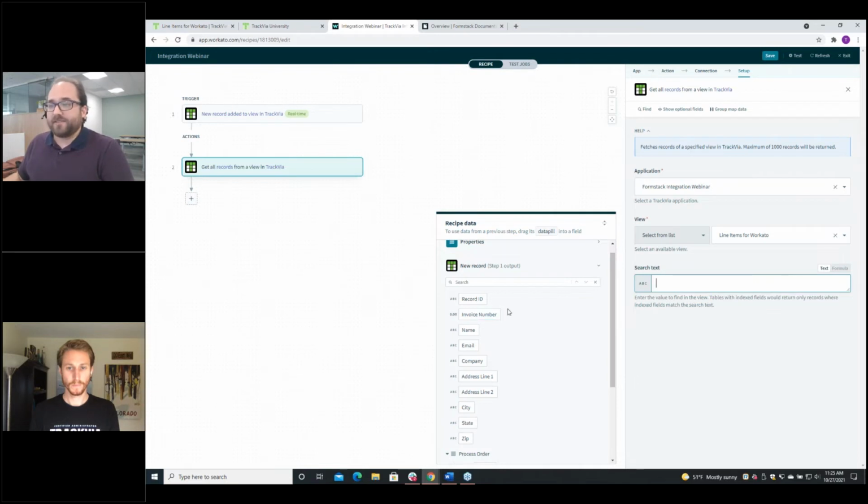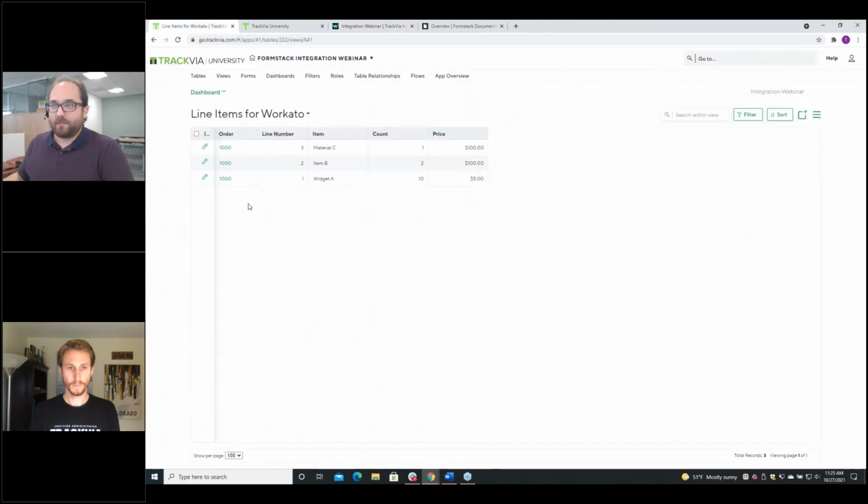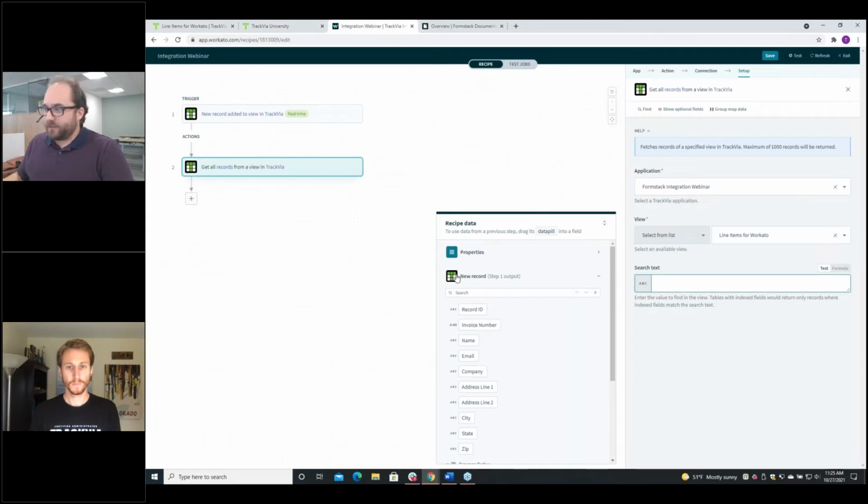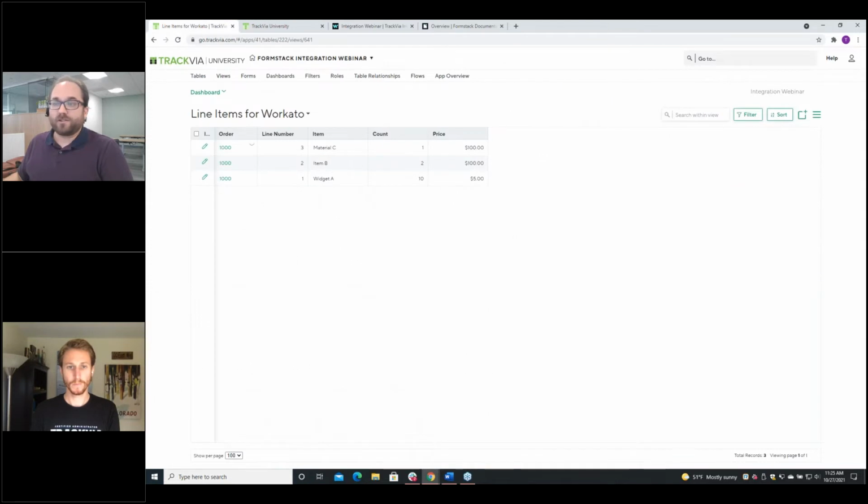So what I want to do is search this second view of the child items by the name of the parent item, because I want it to search this column right here. And this column is the relationship field that goes up to the parent. And that order number is 1000. So I'm going to go back over here and look at that step 1 output. This is everything that Workato received from that first step. And I'm going to tell it to get the record ID, because the record ID is the same as what shows up in this dropdown on that child record.